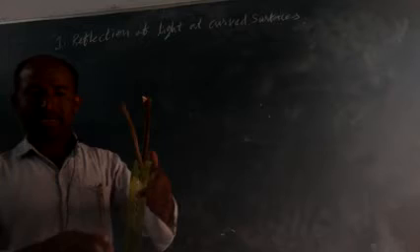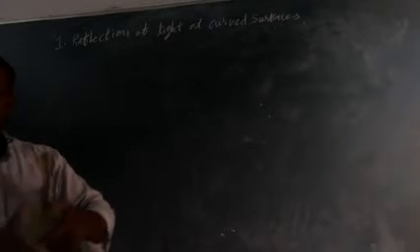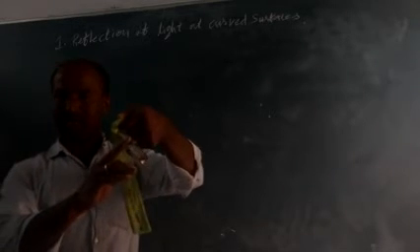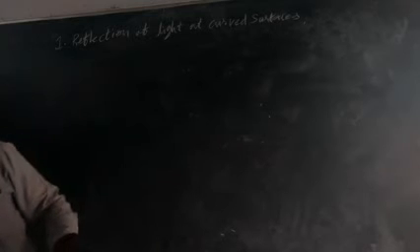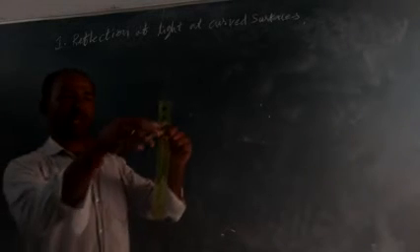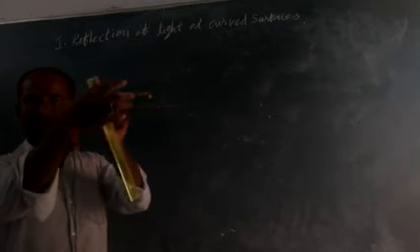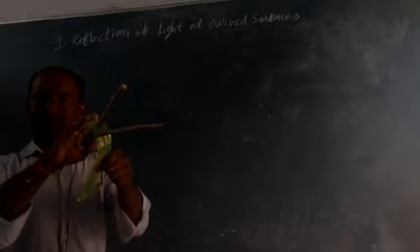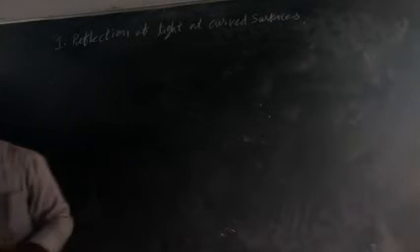If this is bent outwards, it will be called a convex mirror. If you bend inwards, then automatically it is called a concave mirror. So activity 1: take a slipper sole and attach all the pins like this. When you bend outwards, it is called a convex mirror. Bend inwards, it is called a concave mirror. That is activity 1.